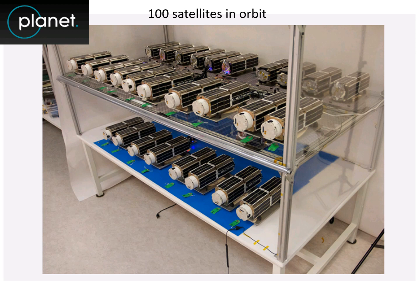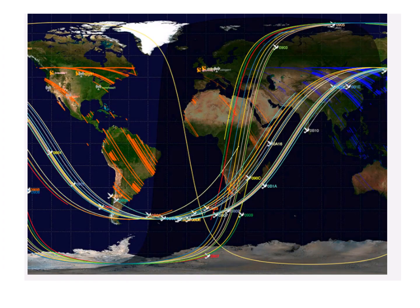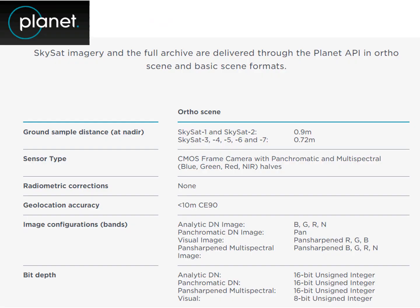And so the individual cameras are not very sophisticated, but you can have these going over multiple times a day. So they've launched 360 of these things. There are currently 100 of them still operating. The ground sample distance, the spatial resolution is between 75 centimeters and a meter. It's a regular frame camera with panchromatic and multispectral. They don't do any kind of radiometric corrections because they're not trying to create a high precision product. What they're trying to do is look at things like shipping lanes, parking lots,